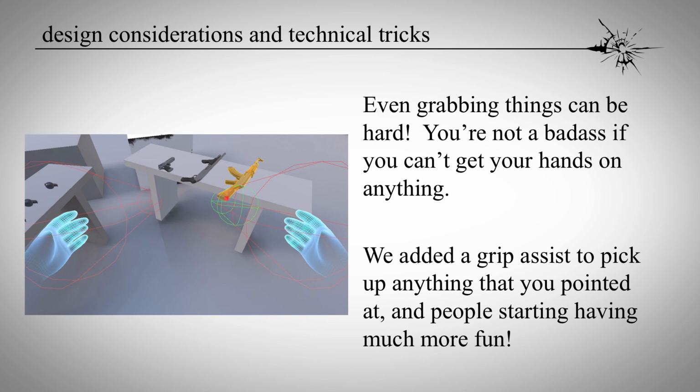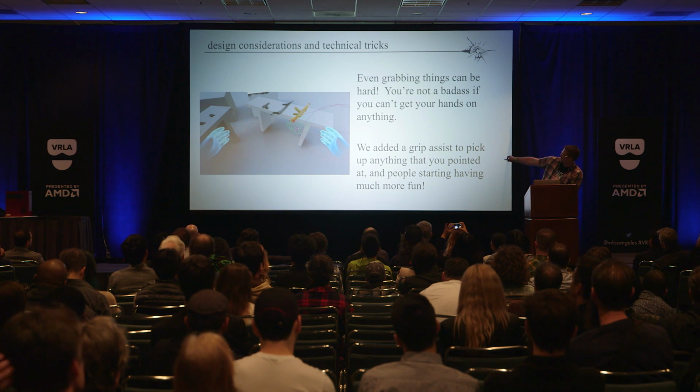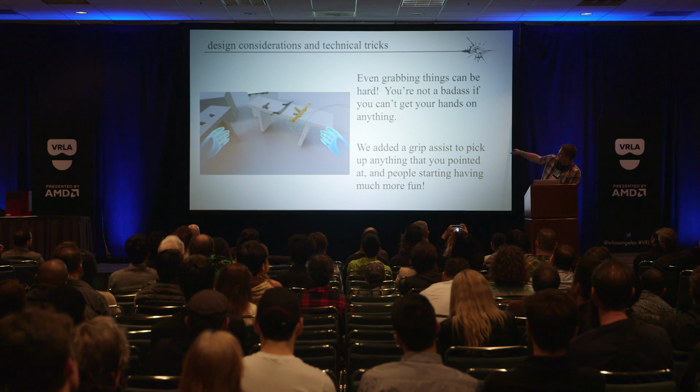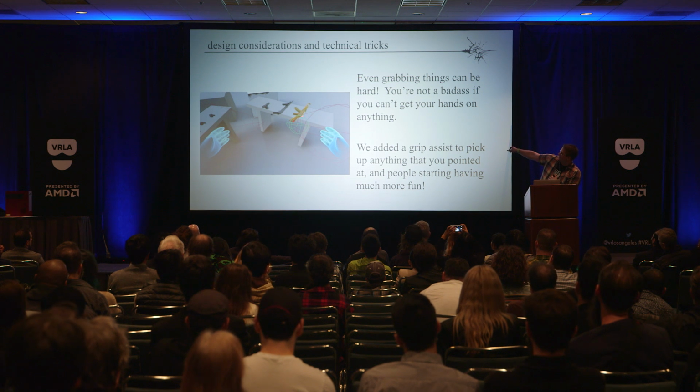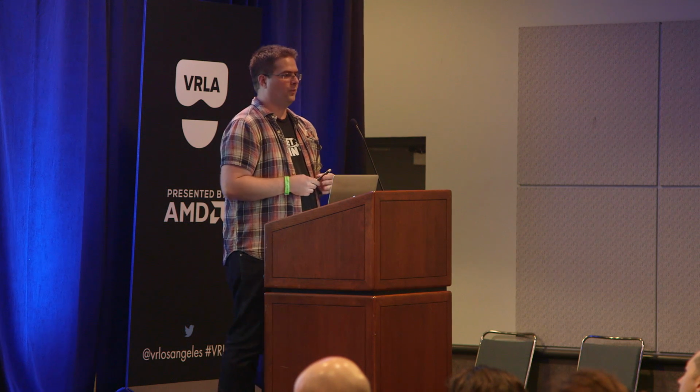And speaking of grabbing and holding on to things, one of the things that we noticed was people, when they were reaching out to grab things, never actually made it to the thing that they wanted to grab. People tended to stop a few inches short and not actually get it. So one of the things we did was, you can see, well, the lights are up a little bit, but this is the player's hand, and it's tracing to try to grab the AK that's on the table. We actually have a little bit of a cylinder that we trace out, and it's much more forgiving. It goes about 2.5 to 3 feet away from the player and is very forgiving in what they're aiming at.